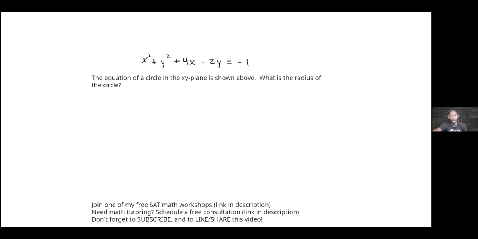Okay, so it's important to remember in these kinds of situations that the equation of a circle is as follows: x minus h quantity squared plus y minus k quantity squared equals r squared. It's important to remember that. For us to know what the radius is, we need to get this in this form. Then whatever comes after the equal sign is going to be the radius squared, and we can take the square